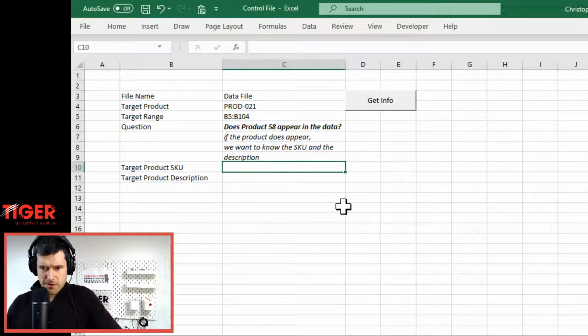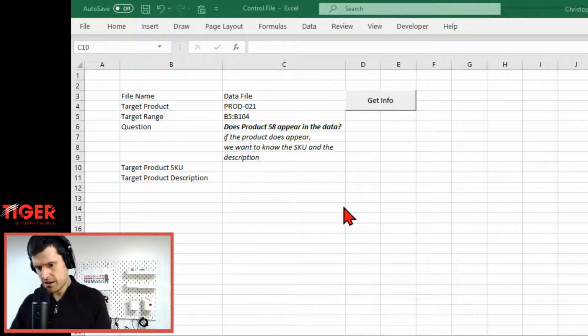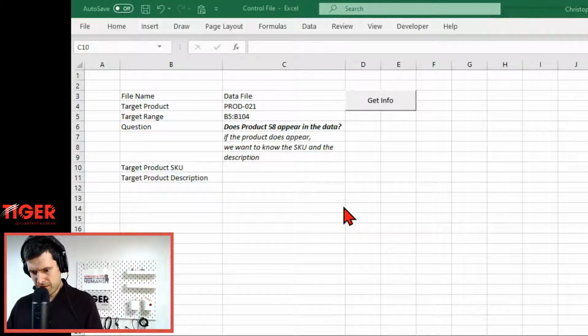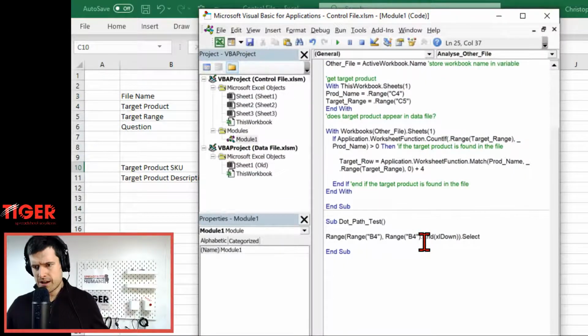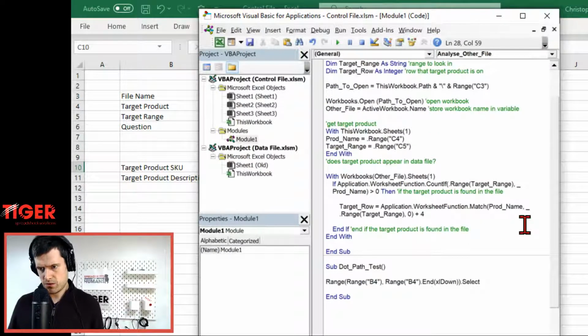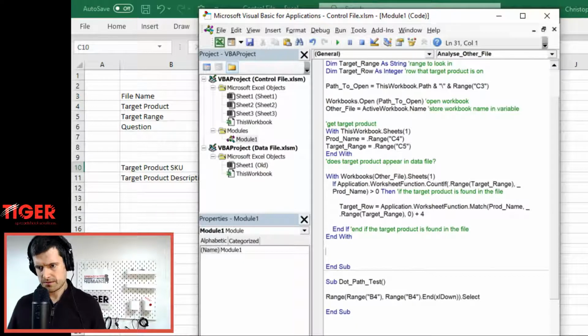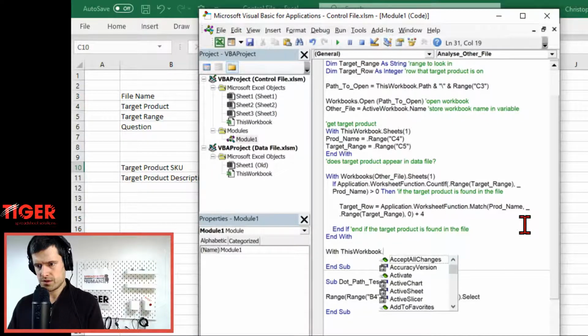Good. Anyway, we want the product SKU and the product description. So can we get this task done? How long have we been on? Been on about 45 minutes. So, okay, that looks good. Okay, another with this workbook dot sheets